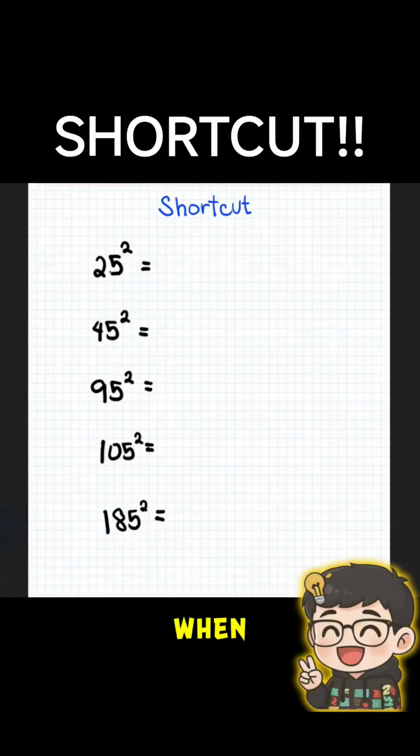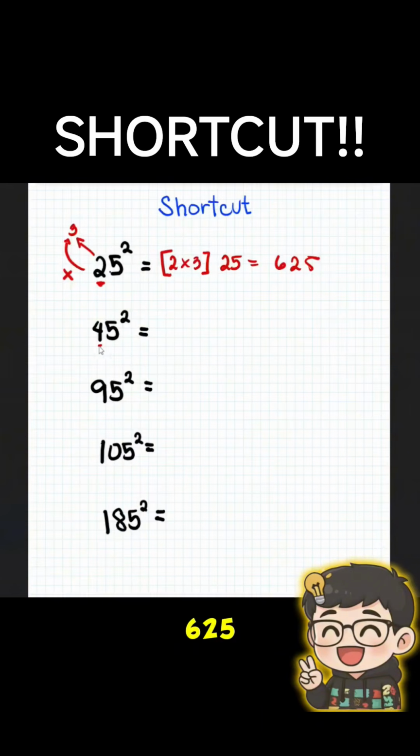This is the shortcut when squaring a number whose last digit is 5. Get the first number, then get the number after that. So 2 and 3, and then we're gonna multiply 2 and 3 together. You can see it here, 2 multiplied by 3, and our last numbers would automatically be 25 always. So 2 times 3 is 6, and 25. The answer would be 625.